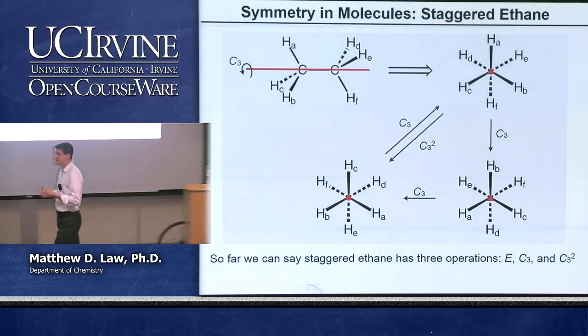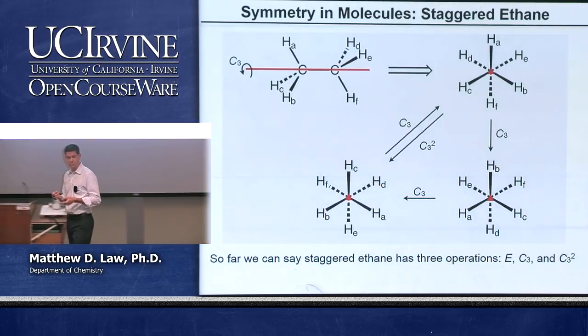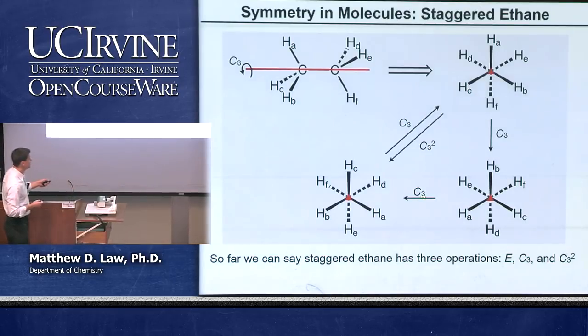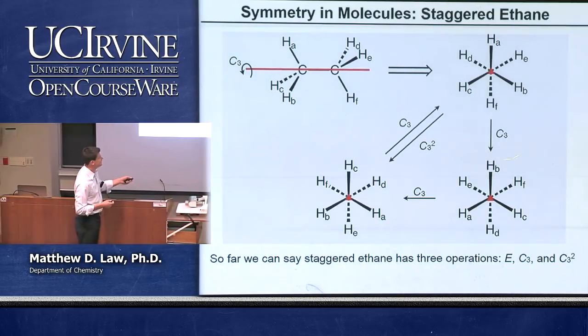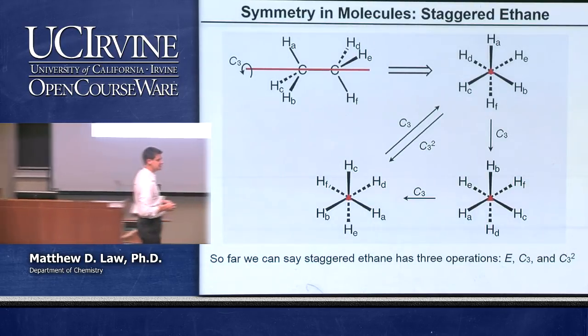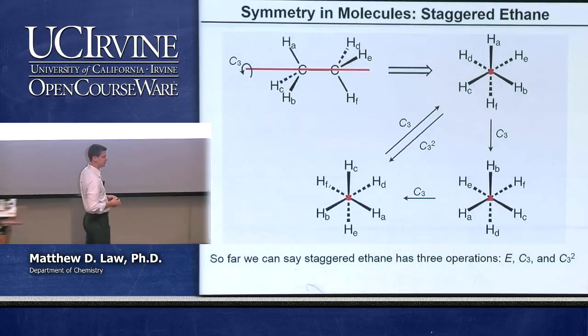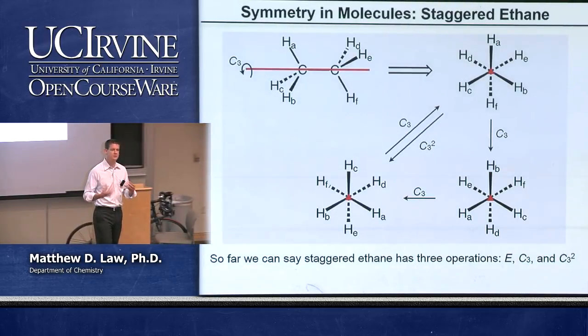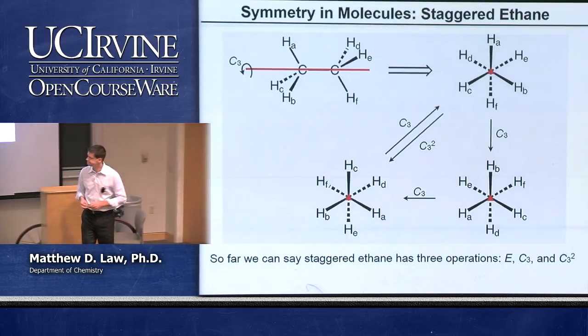Because we have a C3 axis in this molecule, we can perform the rotation twice. We can do a 240-degree rotation. That would be our second C3 operation. That would drive HB to HA and so forth. So these are the three hydrogens coming out of the plane of the board, and then these are the three hydrogens that would be going into the plane of the board. Okay? And you can see after the second C3 operation that we still have an equivalent configuration. We have a good symmetry operation for this molecule.